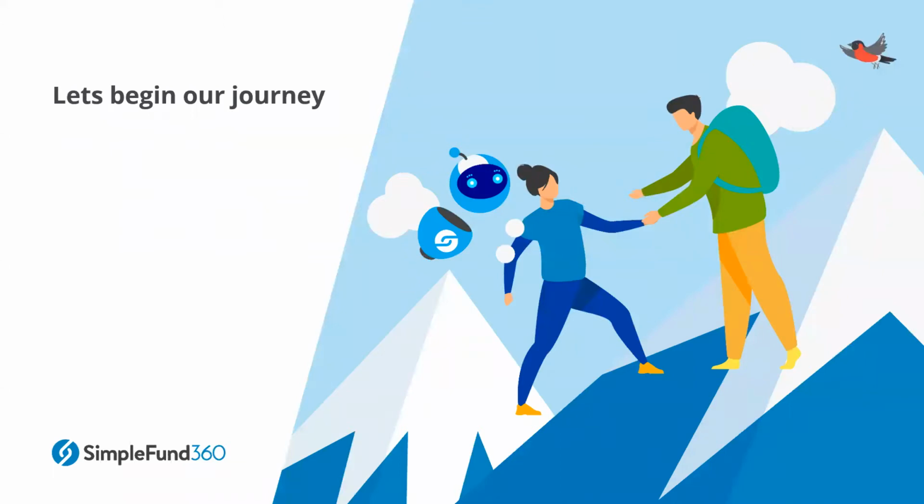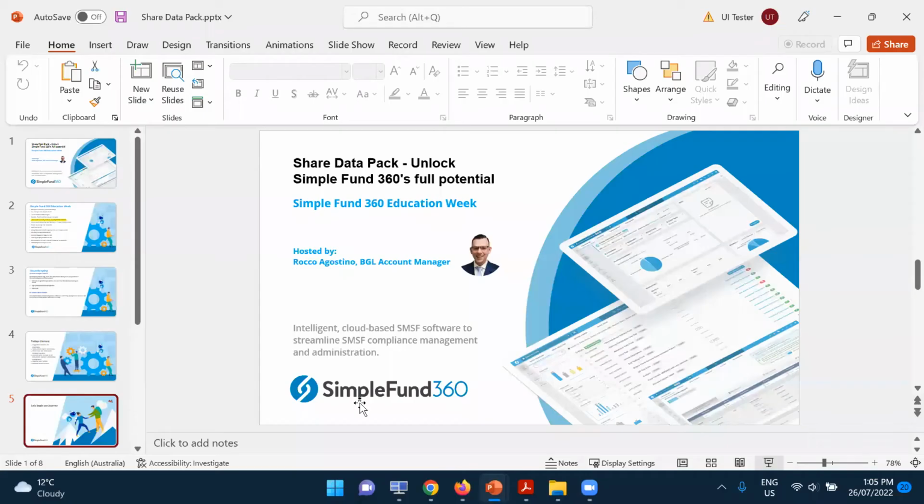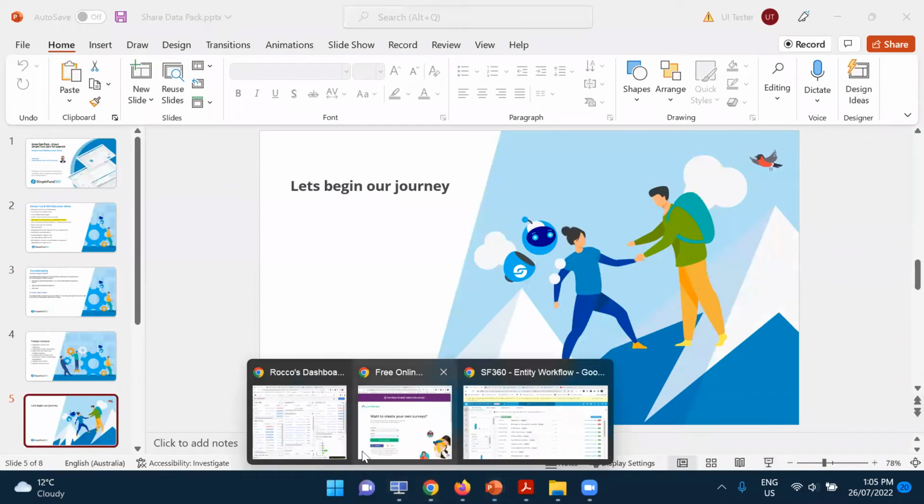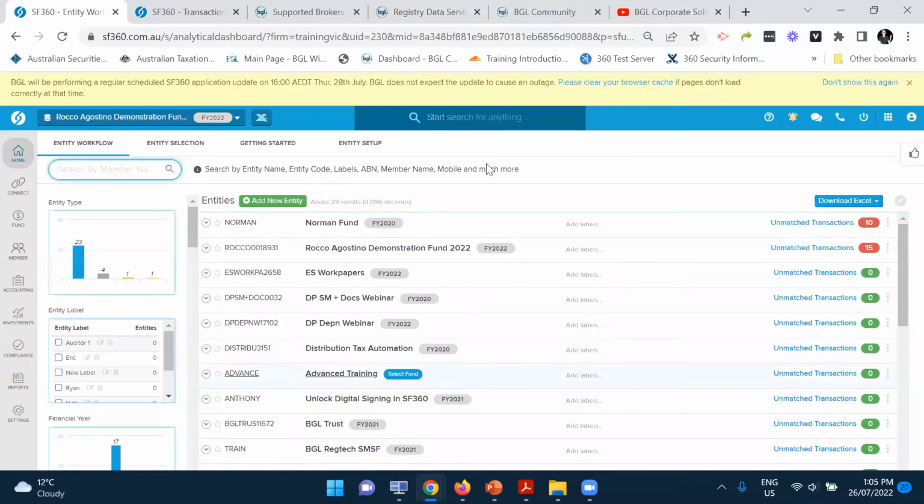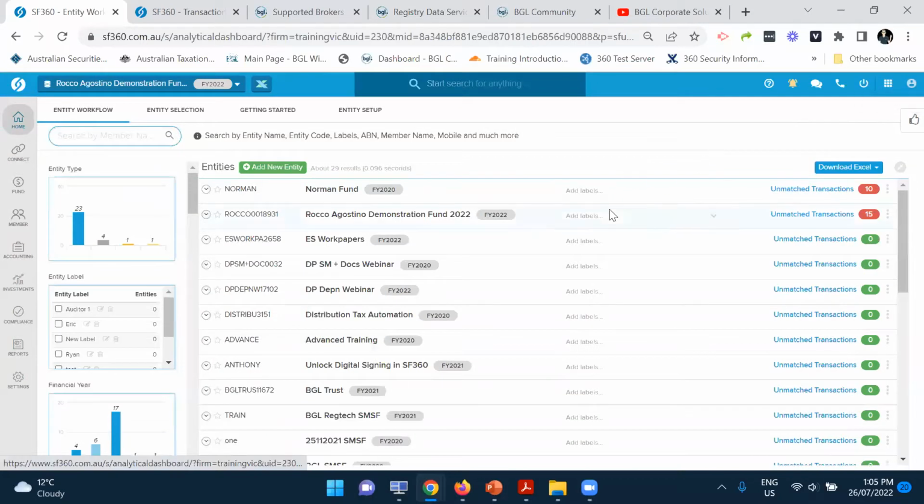Let's begin our journey into Simple Fund 360. So before I get started,